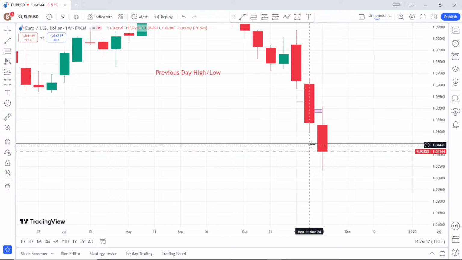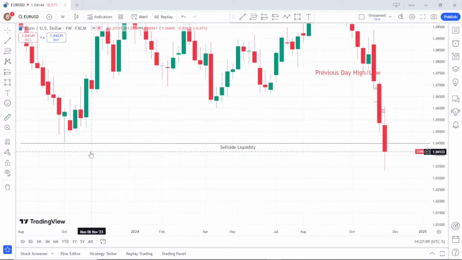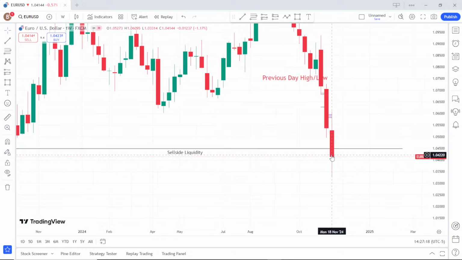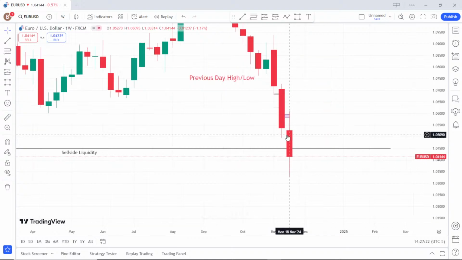It's not hard. It's not something that should be really tricky. Immediately you see this, and we are targeting this particular liquidity point. This is it. That old low that was left as of October 2023, that was what Euro came to take out, November 2024. So targeting this liquidity point,